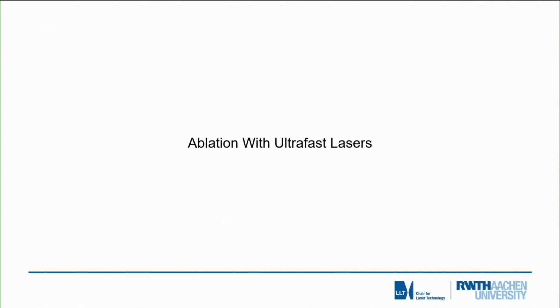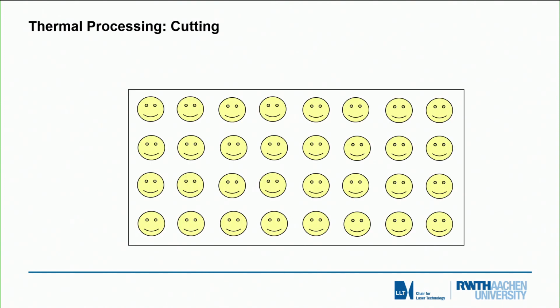facts. At first, I would like to show to you a very simple view to, so to say, rehearse what we have talked about so far in a very simple matter. If you look at a typical material system, it is consisting of atoms. These friendly guys here are supposed to be atoms. And if we use thermal processes like in cutting, what we do is we apply the laser from the top,